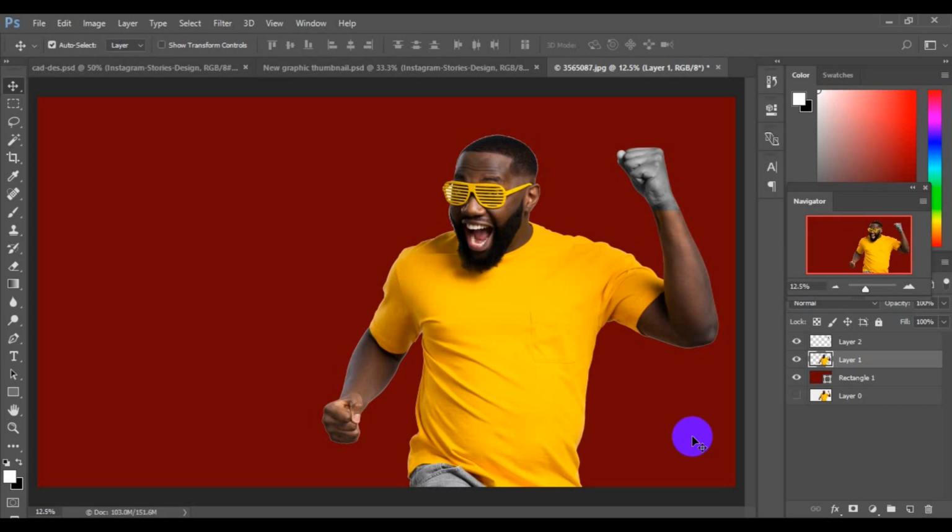So let's see how you can actually use elliptical tools and how you can actually use quick selection tools in Adobe